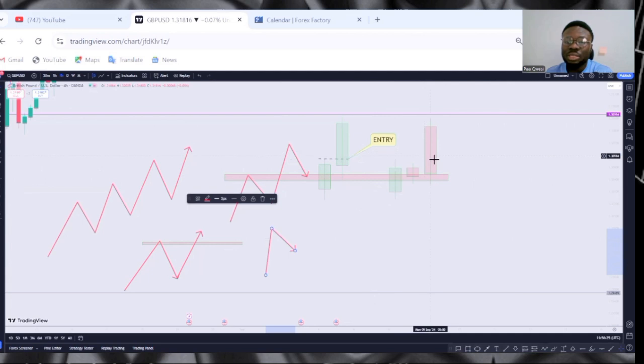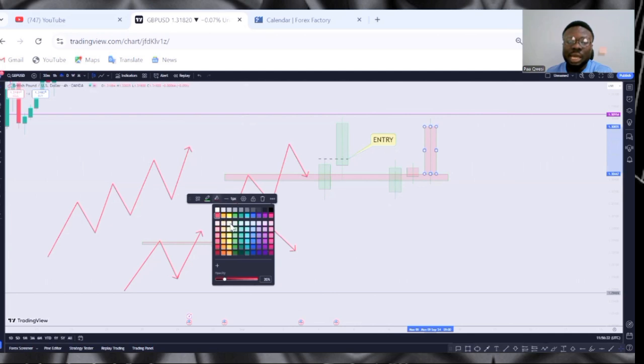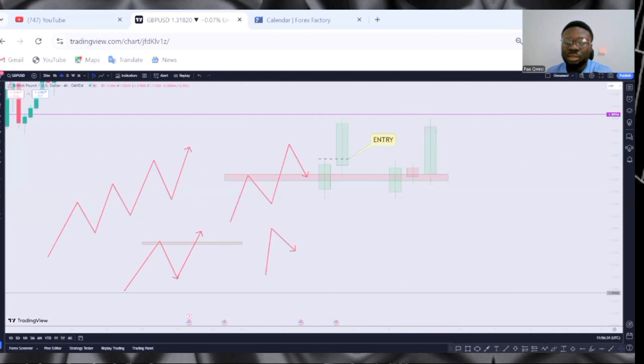I want to see a bullish candle engulfing the previous candle tip. So this will be my next entry criteria. These are the things I factor into consideration when I'm taking a buy. So I want the next candle to